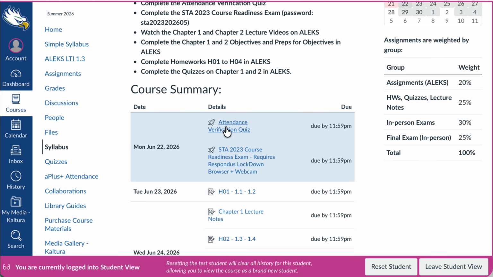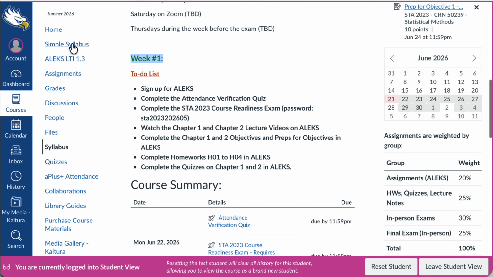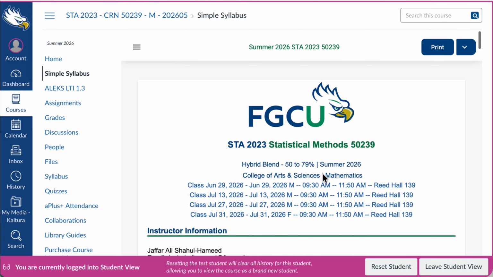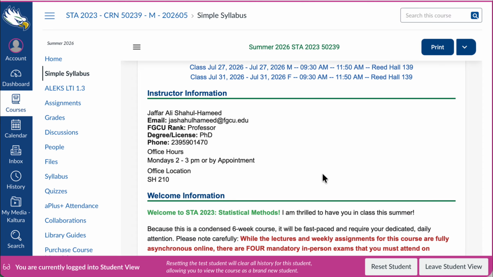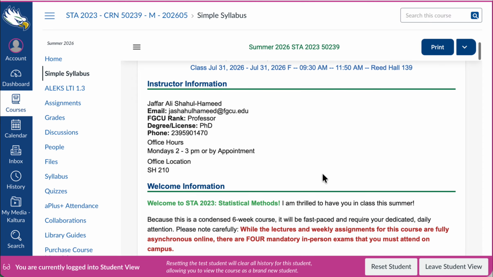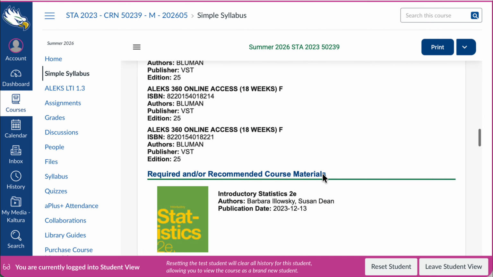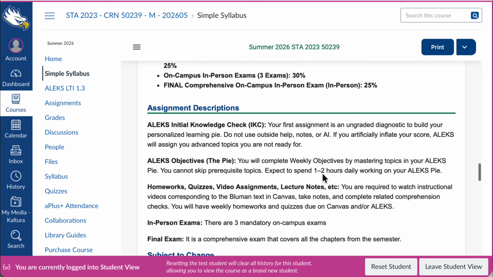And to do well on this attendance verification quiz, make sure you read the syllabus. You will find the syllabus over here. If you click on the simple syllabus right there, you will find the syllabus here. And let it load. All right, here's the syllabus. Whatever I said earlier, they're all over here. You will find all the course information, including